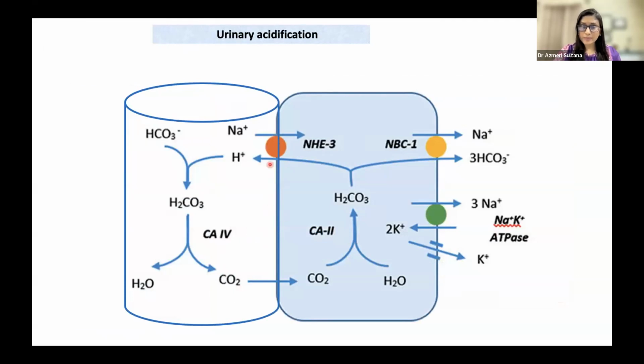In this apical membrane, there is a sodium and hydrogen ion exchanger, an antiporter protein, which is responsible for sodium being reabsorbed into the cell and hydrogen ion being secreted to the lumen, where it is mixed with filtered bicarbonate to form carbonic acid in the presence of carbonic anhydrase enzyme 4, and it is dissolved into carbon dioxide and water, and carbon dioxide